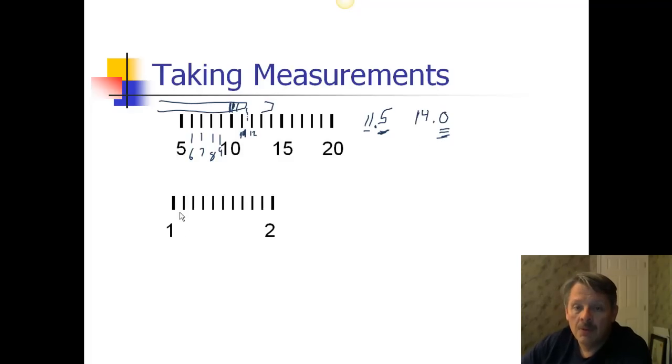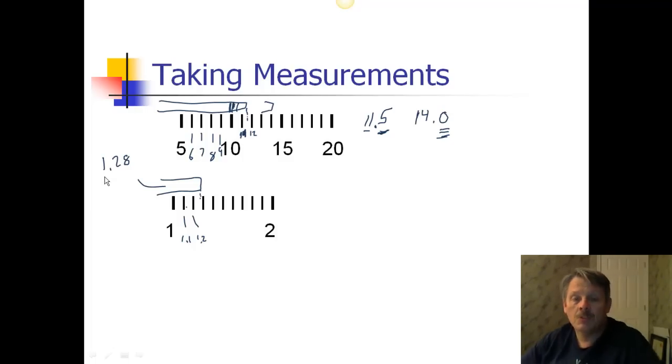So let's say we come over here. Well, now we have 1 and we have 2, and each one of these lines you see is 0.1. So this is 1.1 and 1.2, etc. So again, let's say I have something come out to here, right? I'm going to estimate that's right there. So maybe that's 1.1, 1.2, 1.3. So maybe that's about 1.2. Let's write it up here. Maybe this is 1.28,